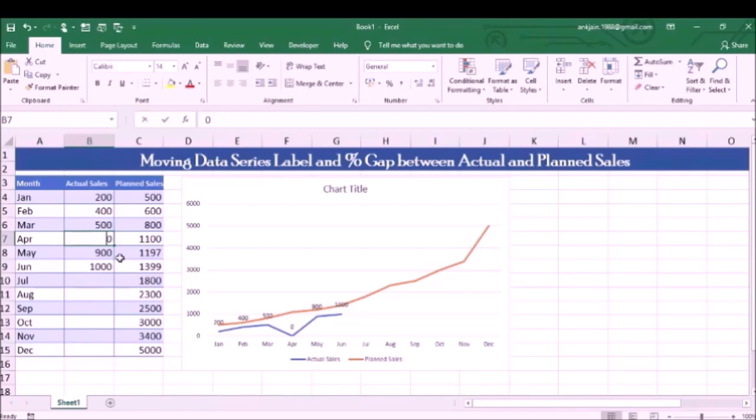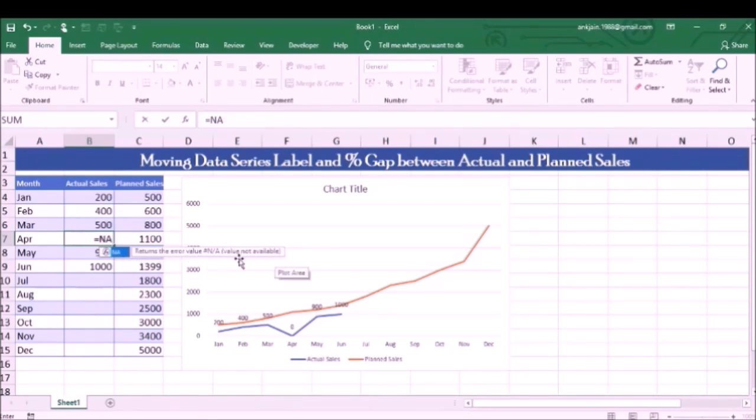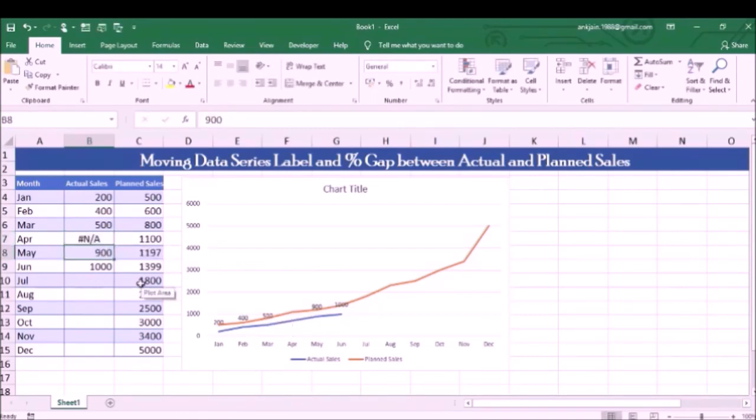In this case, we have NA. NA returns the error value, which means value not available. So if I apply it, see what happens. We can still see this line without any break in the line, but yes, because there is no number on it, that's the straight line without break. So that means if, for example,